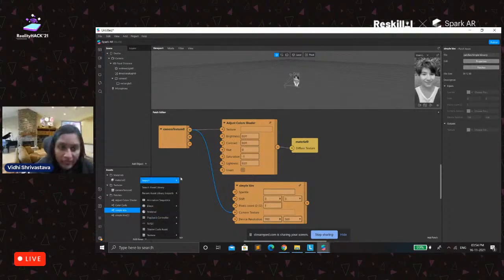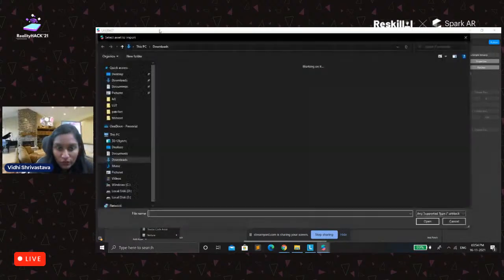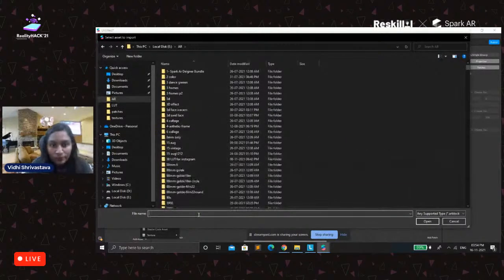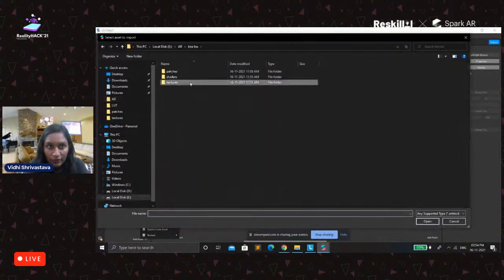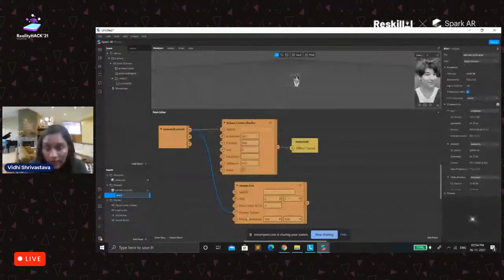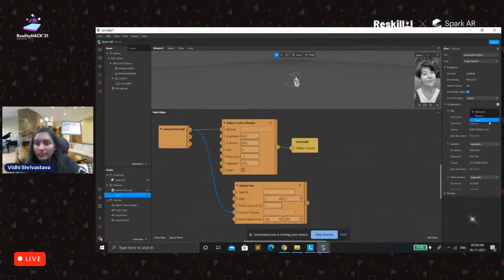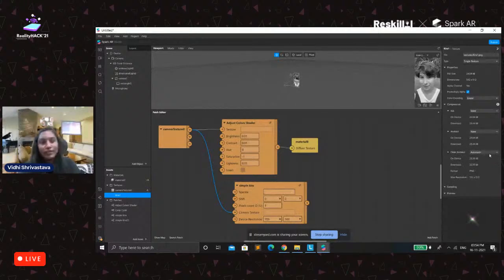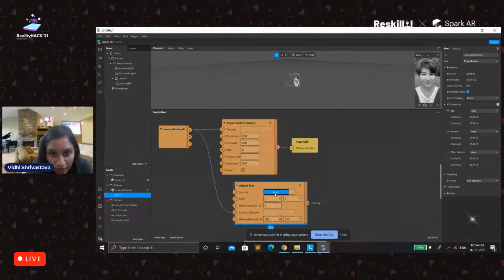Since I already have it, I'll just directly import it from my device. You can just find it from Google itself. So I have the texture here. This one I was talking about. And make sure that whenever you add images here, you compress them, because if you don't compress it, it will take a lot of time to get loaded, and you just have to wait unnecessarily. And in the sparkle, we will add Kira.